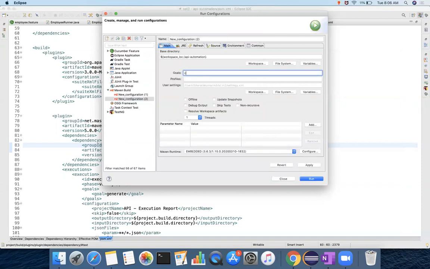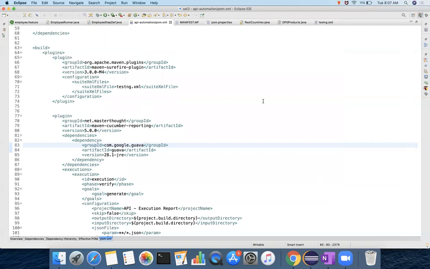Here clean will delete the previous target folder or previous run files, and then you run verify. So clean space verify, and then apply, run.